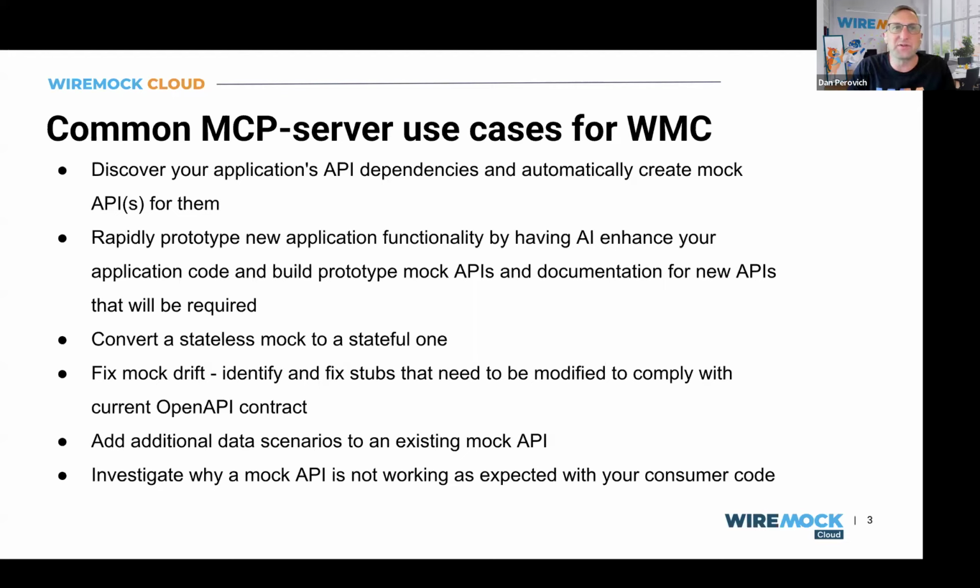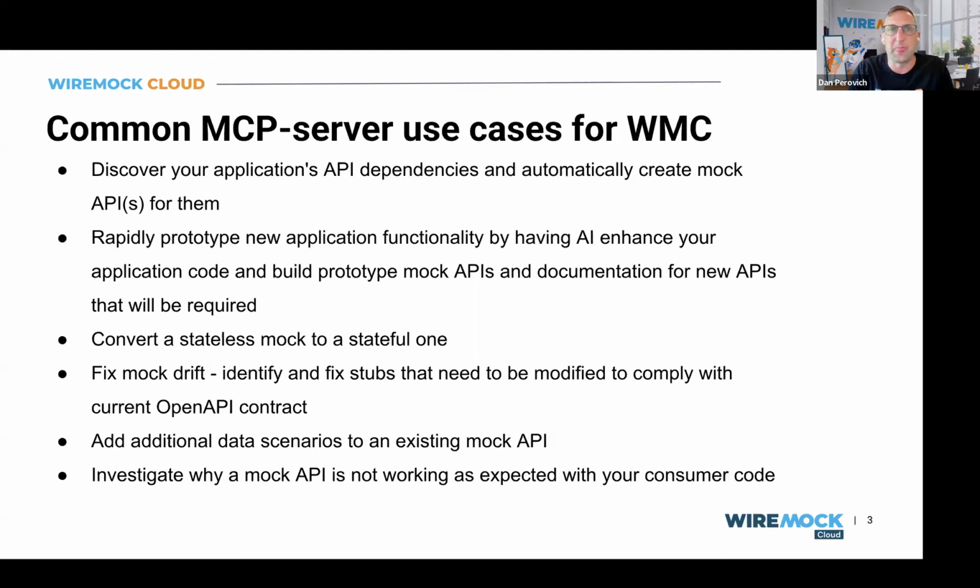So first and foremost, one we've showed before is discovering your application's API dependencies and automatically creating mock APIs for them. So we've got our code. It relies on some upstream APIs as dependencies. We want to mock those. We can simply ask our coding agent to review our code, look for upstream API dependencies, and create mock APIs